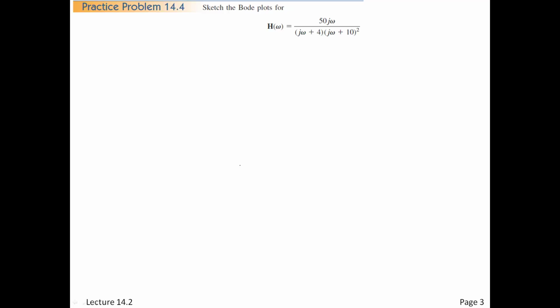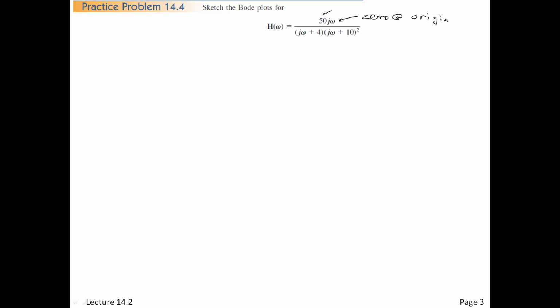14.4. So here we've got a similar thing going on. We can probably move through this quicker now because you can see once you do a few of these, you begin to see what all the key points are. So we can break this up. Actually, I'm going to just mark this up. Here you've got, quite obviously, a 0 at the origin,